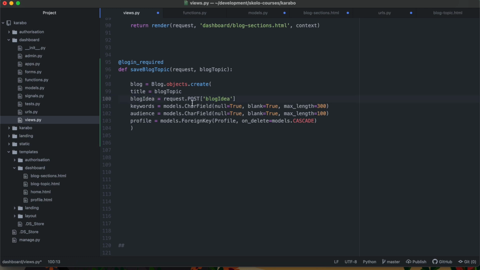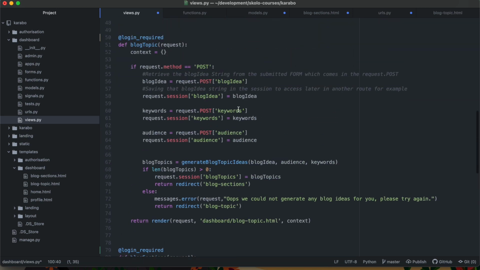So this is the original idea that the person entered. This is the topic that was generated for them by the AI. So later on, we want to be able to save these topics that we can search via blog idea. So in future, we can say you're saved based on these blog ideas that you had. These are the topics that you decided to save. You understand? And then the keywords are